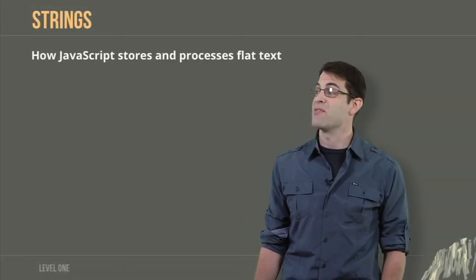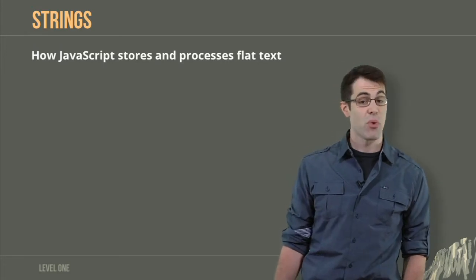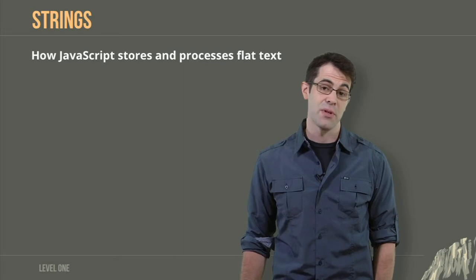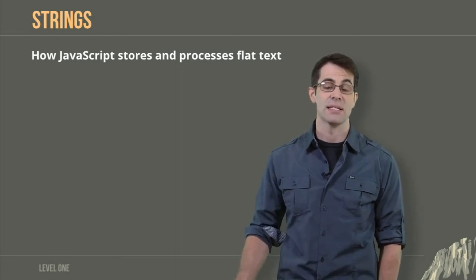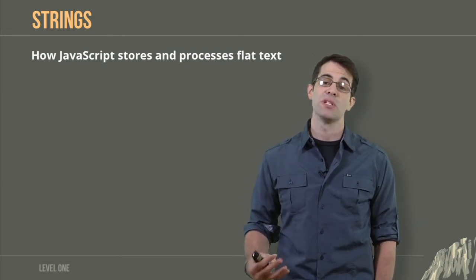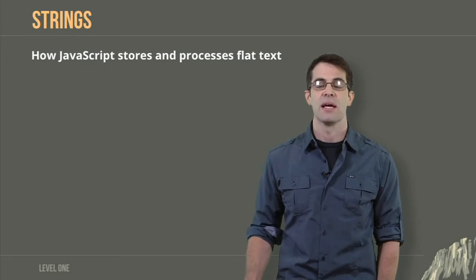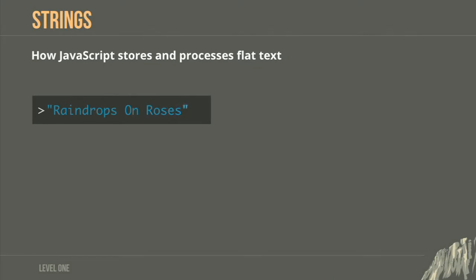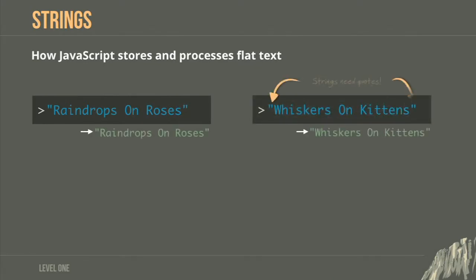Next we have strings. Strings are JavaScript's way of handling and storing and processing flat text. In order to signal to JavaScript that we want to process some flat text, we need to use a pair of quotation marks surrounding some text as we enter the string into the console. Here you can see two different strings, raindrops on roses and whiskers on kittens. When we surround the text with quotation marks, JavaScript recognizes it as a string and then returns the string right